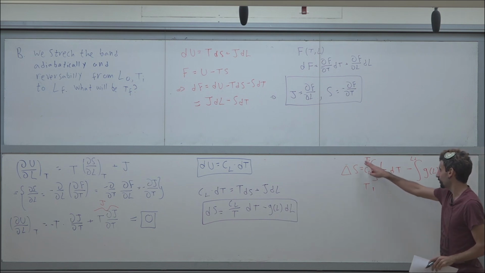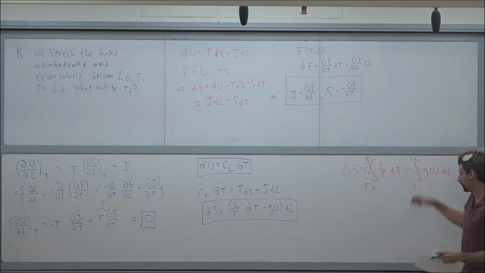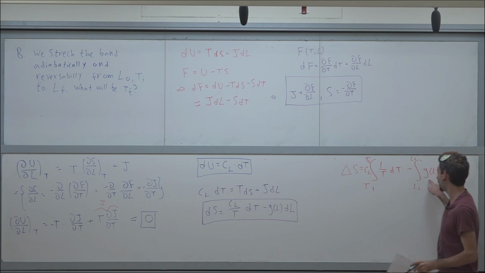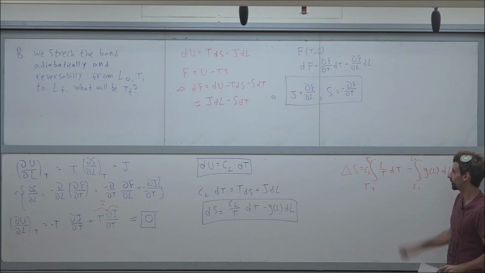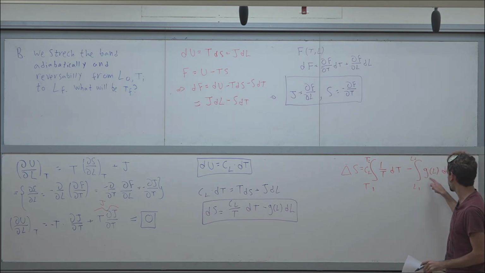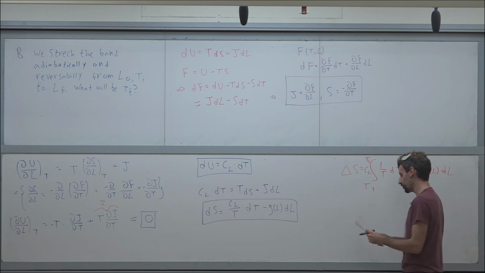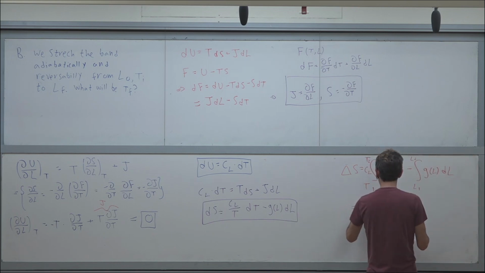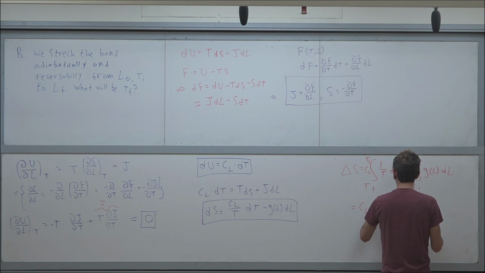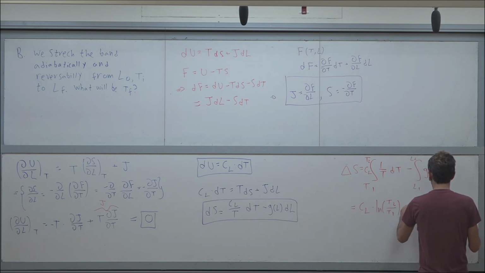Okay, so I write it generally, some T1 and T2, L1 and L2. And if you do this integration, you can plug here G, as I defined the first time. So you can plug it in and do the integration. And the result is C_L times ln of T2 over T1 minus A L naught H